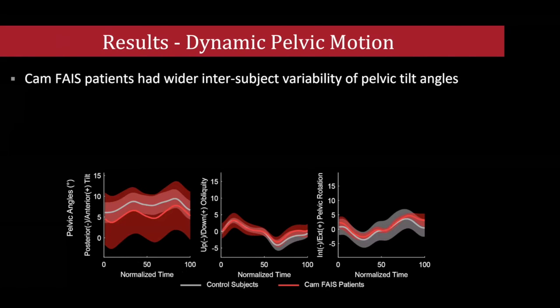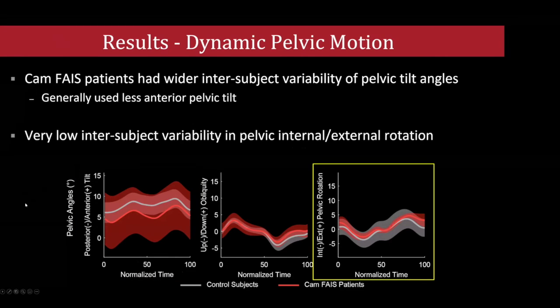So we see that there was wider intersubject variability of pelvic tilt angles. We have anterior, posterior tilt, obliquity, as well as rotation shown here in the 3 panels. What we can see is that there's considerable variation amongst the CAM participants in tilt. But when we look at how much their variation is in internal external rotation, it's a very, very tight window that they're operating in. So they're kind of sloppy, I think, in tilt, and really not sloppy at all in